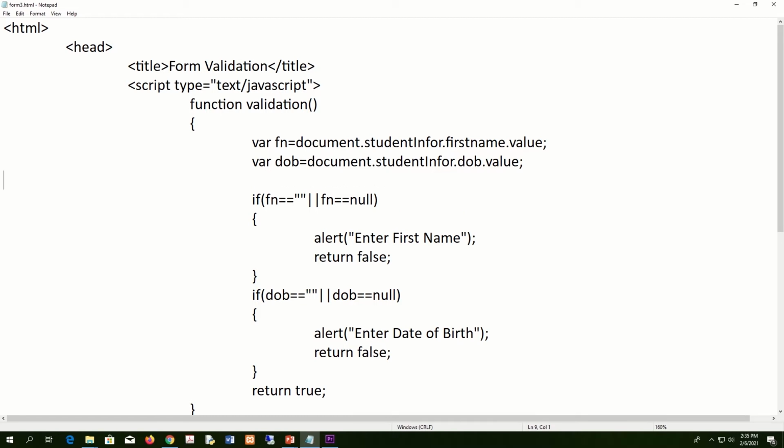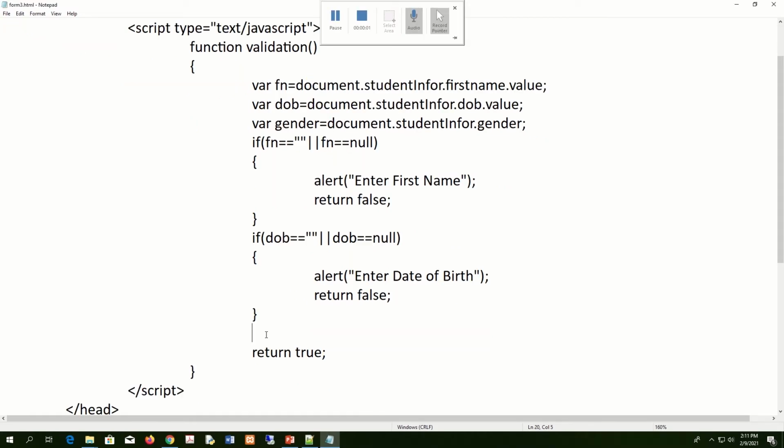So I take this controller, say gender, all right? Here also I say document dot student info dot, say, gender. I'm not going to take the value, just gender. Then I'm going to check whether one of the radio buttons of gender is selected or not, right? So let's see how to check it. So in here I say if